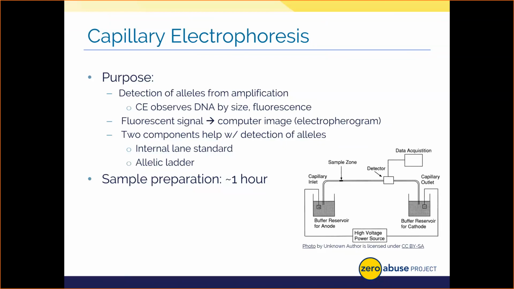In summary, then, we know the size of all the allele fragments thanks to the ILS, and we know what allele is present thanks to the allelic ladder. So we can then tell based on size and fluorescence what allele is present for a given locus for your DNA profile from the evidence. We then use rarity or frequency of a given allele to help generate the statistics used for your likelihood ratios and the like in court.